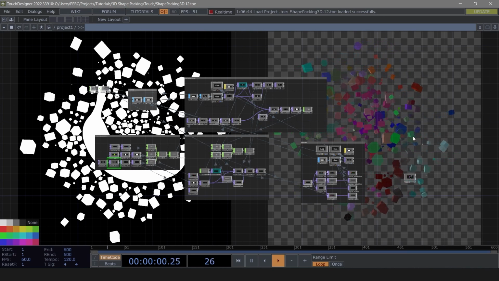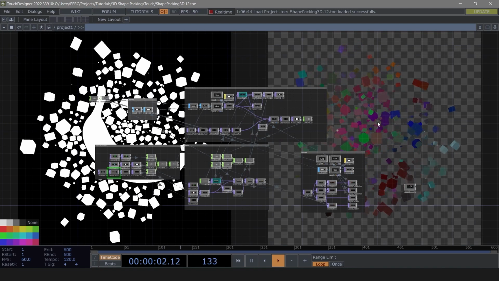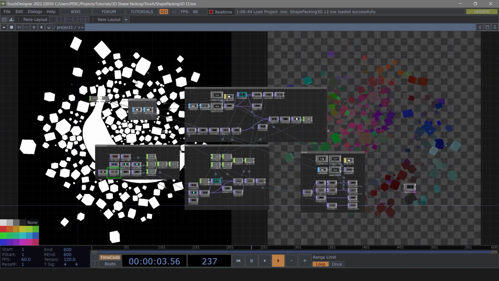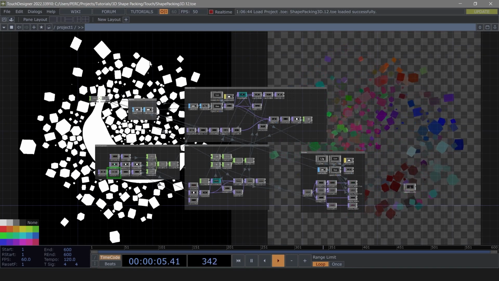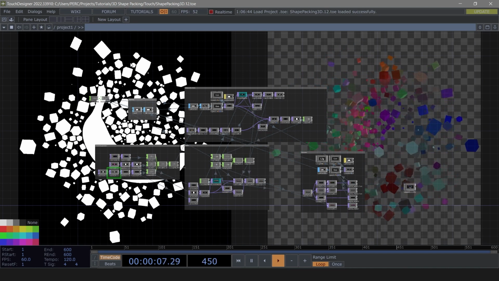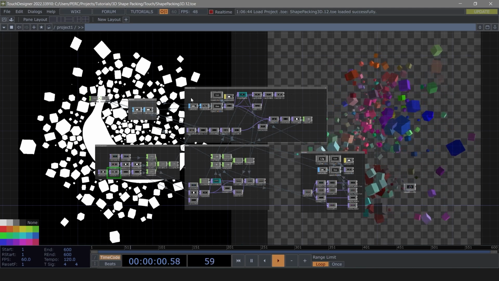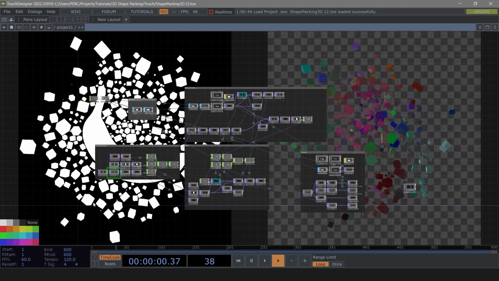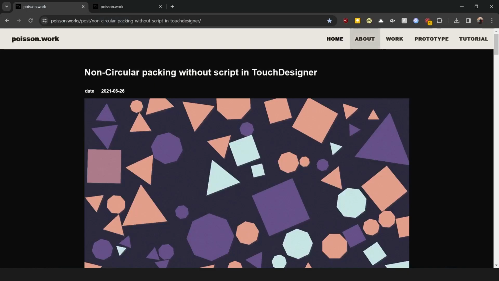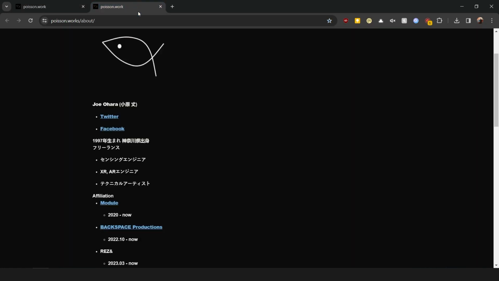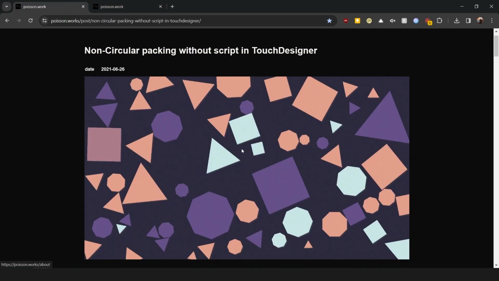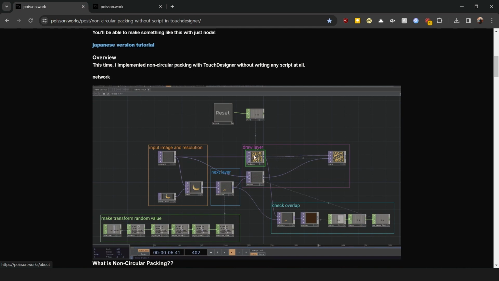Hello everyone, welcome to a TouchDesigner tutorial where we'll be learning how to make a system that instances different geometry and packs it so that there's no intersection from a specific point of view of a camera. This is all based on this article written by Joe Hara, in which he describes this very specific technique